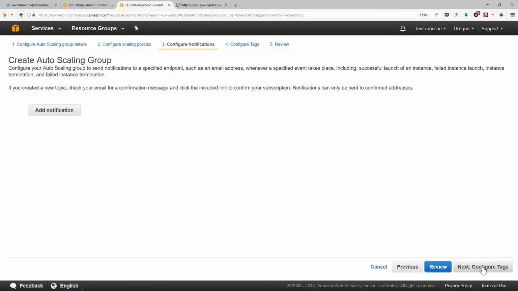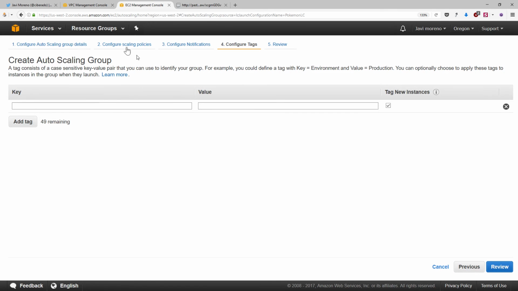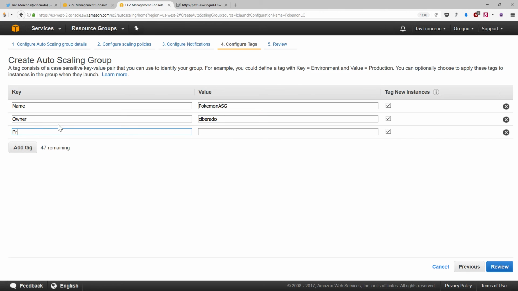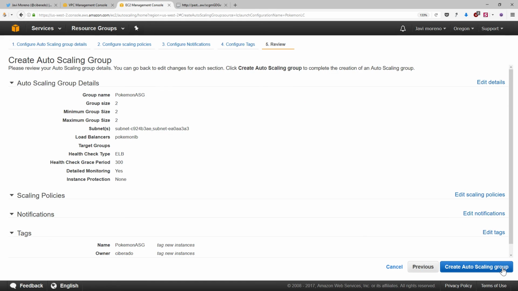But for sure, we are going to configure the tags, starting with a name. This is the Pokemon autoscaling group. An owner, which is myself, and a project, which is the high availability architecture, if I remember it correctly from the previous screens. I just need to go to review,